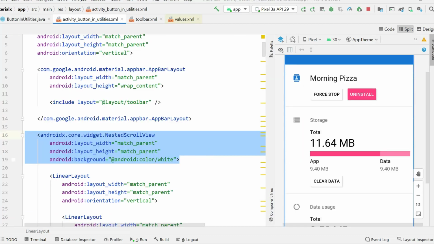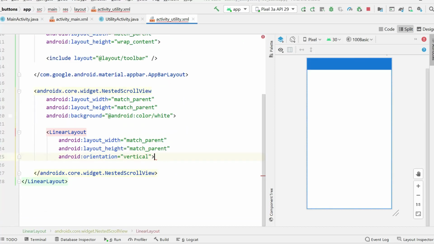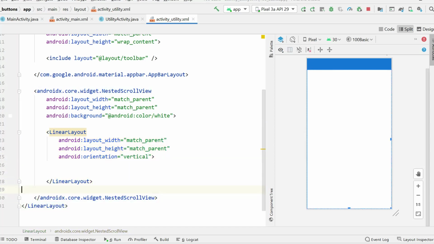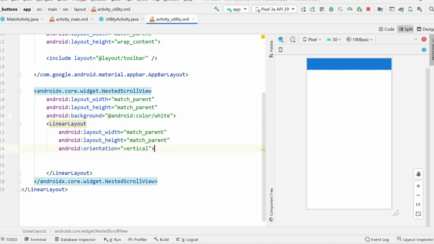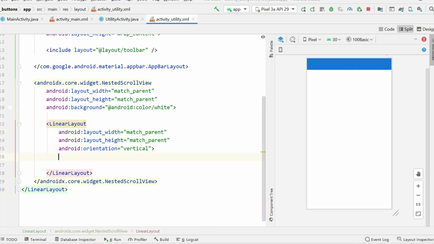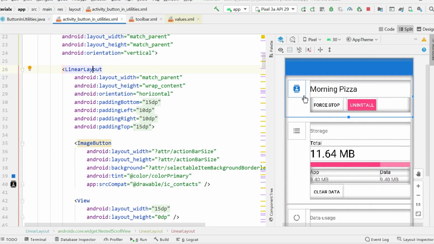And remember, a scroll view will have only a single child. So inside the scroll view, I'll put a linear layout and then I close it. So we have our linear layout there, and remember its width is match parent and the height is match parent. So it is spanning 100% of our scroll view, and the orientation is vertical. After doing that, I'm going to create this first section. For this first section, I'm going to create just a linear layout, and I'm going to make its orientation